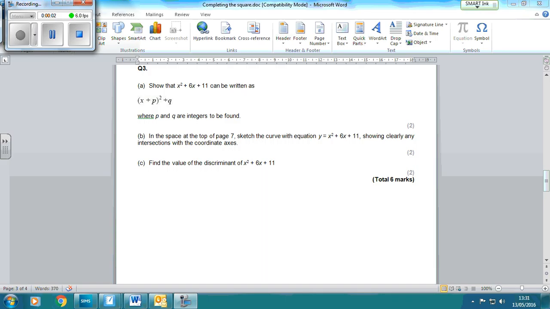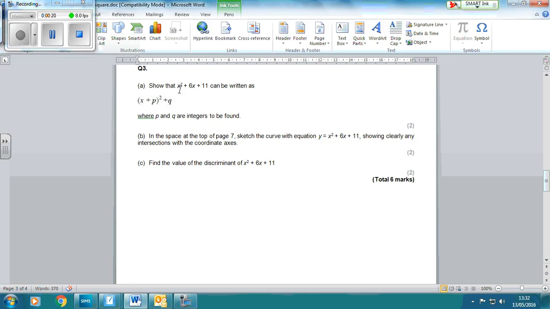Okay, ladies and gentlemen, so the revision video of this one is going to be on completing the square. Now, I think there's only 5 questions, and I'm doing them slightly out of order. I want to start with the easiest ones, and then move on to the harder ones shortly. Now, when you complete the square, if you've only got a single x squared, then it makes it a